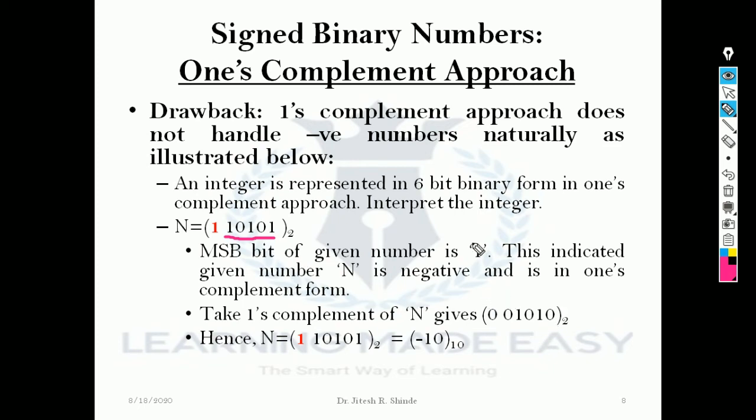Another way to find the magnitude: after inverting, we can follow the 8 4 2 1 logic as well. The remaining bits mean 16 and here 32. So the bit corresponding to 8 here is 1, the bit corresponding to 2 here is 1, and the remaining bits are 0. So 8 plus 2, 10. So my answer is magnitude 10 here.